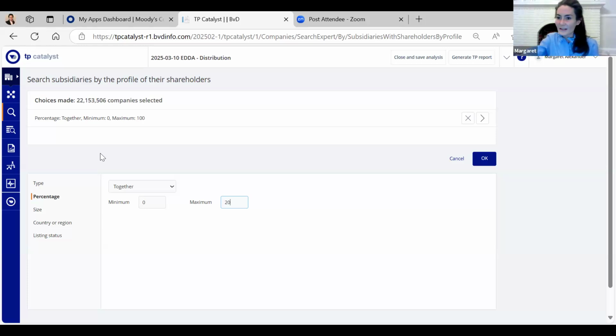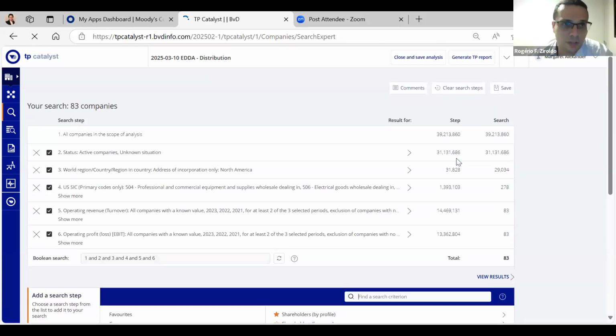Yep, one more. Yeah, Margaret, this is a more conceptual question, but the Brazilian legislation has a requirement when you calculate transfer pricing adjustments. Basically, they say the obvious: if you are inside the interquartile range, you do not need a TP adjustment.